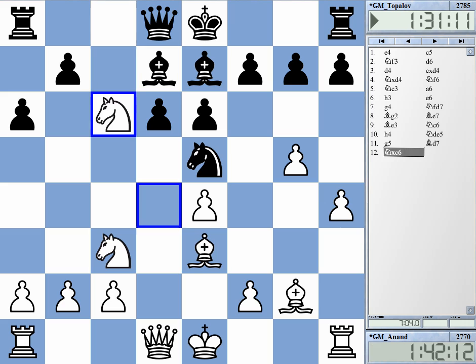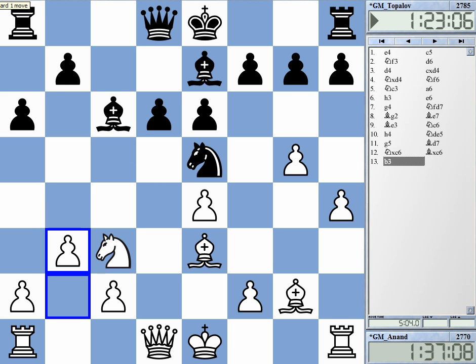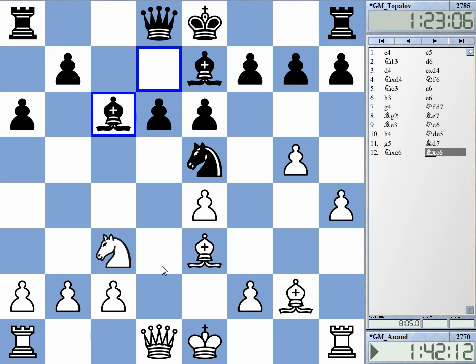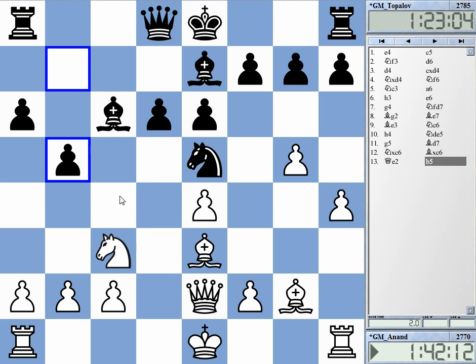Okay, now Anand took on c6. Bishop takes. The bishop is nicely placed now. And b3. It was just designed, this exchange on c6, to now clarify matters. White wants to have control over c4 and later move the queen and castle long. In this position, if white tries to cover this square by the normal looking queen move, queen e2, there is b5,